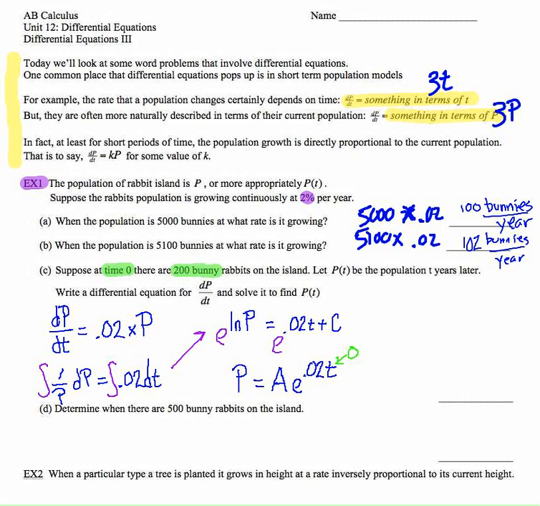So then we end up plugging in 200 right here, and then we're going to solve this for the constant a, which then looks like the following. So we end up with the constant a equaling 200, plugging that back in, then we get the equation that describes the population given a time t as 200 e to the 0.02 t,